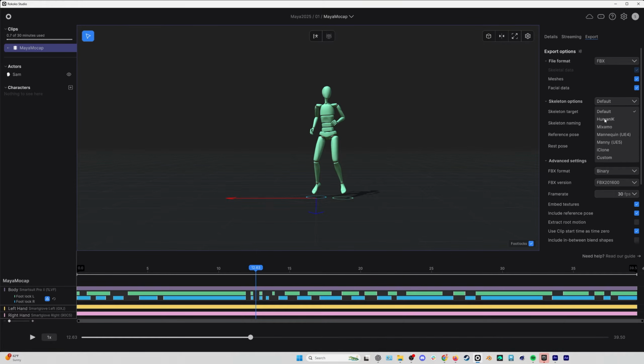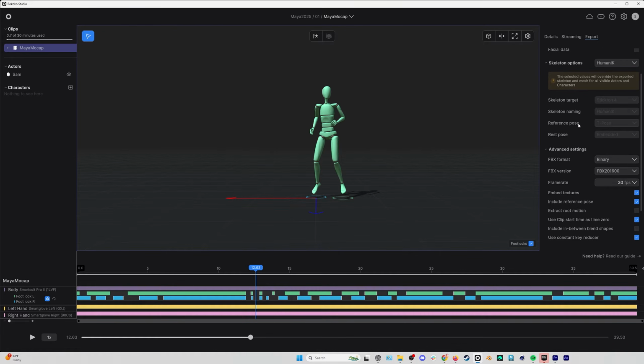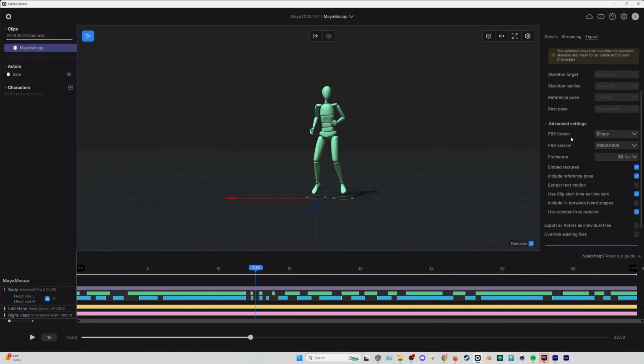So when I'm working in Maya, I'm going to change the skeleton options to human IK. Then I'm going to disable the meshes and the facial data. You can keep the mesh if you want. I wouldn't use the facial data unless you're actually recording facial mocap because it adds a lot of unnecessary blend